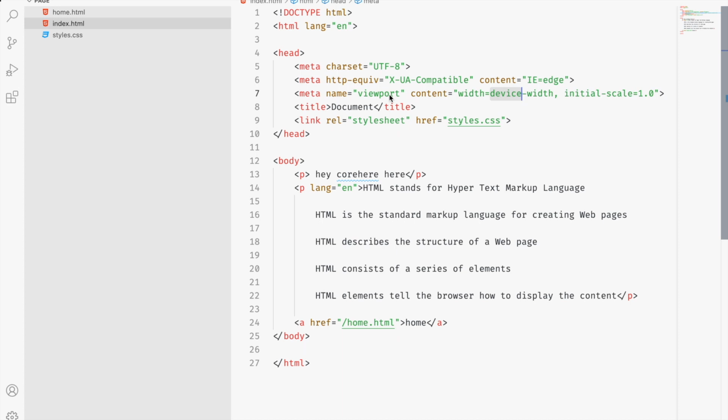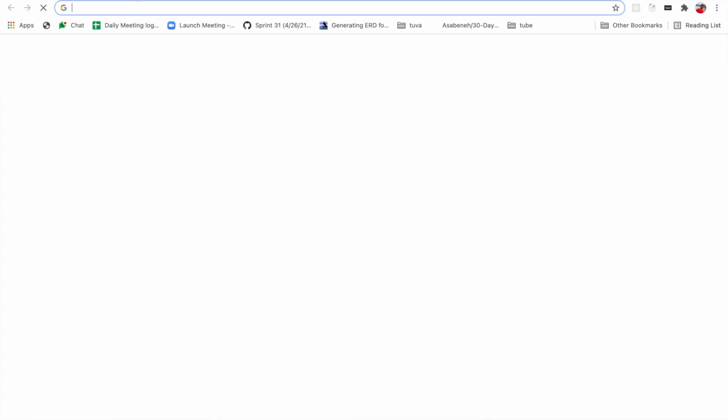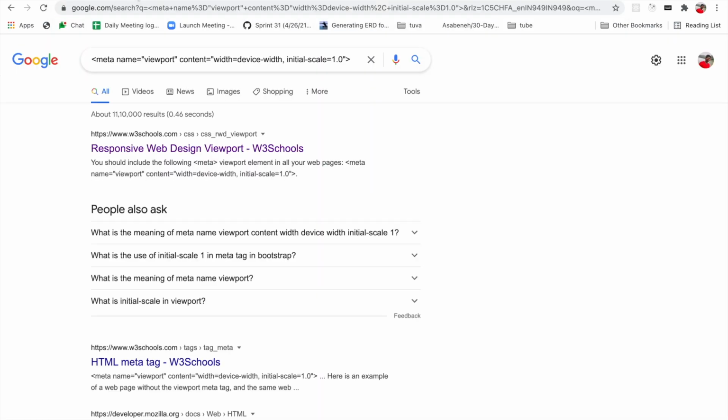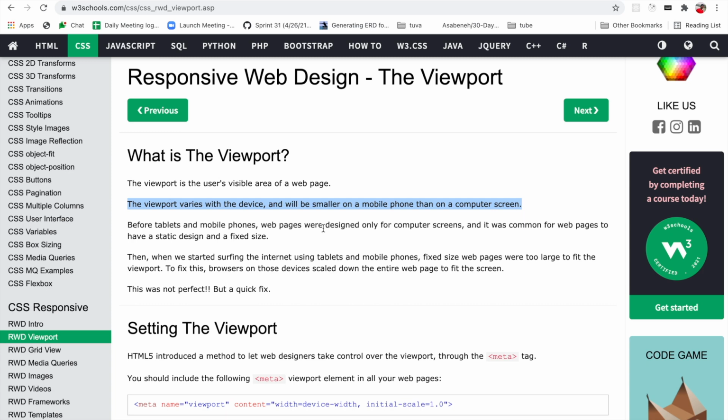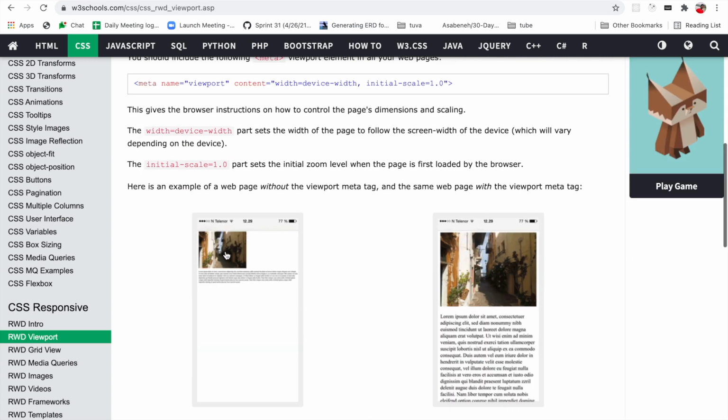Meta viewport. Viewport is nothing but the width size, right? Take for example, we have many devices like mobile phones, tablets and laptops. So we have to mention the width size for each and every one. Take a live example. See, the viewport is the user's visible area of the web page.